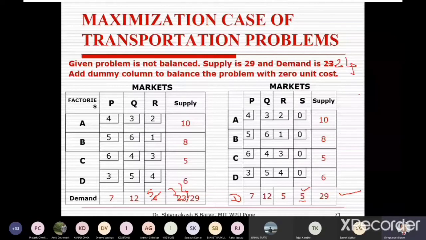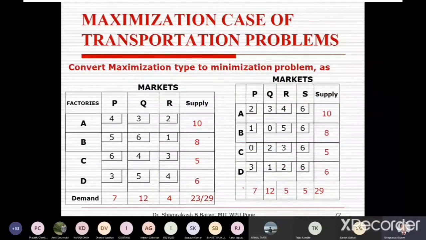So now we want to convert this given problem from maximization to minimization so that we can use the production techniques. See, this is the original problem. Now we are changing from this maximization type to minimization type. Now check in this solution which is the highest cost. So these are the cost figures 4, 3, 2, 5, 6, 1. So if we check all these costs, the highest cost is 6.